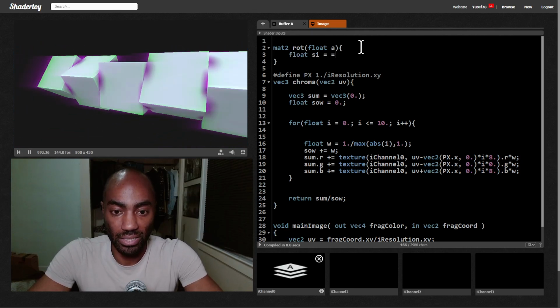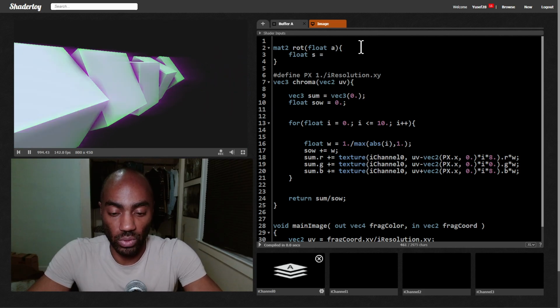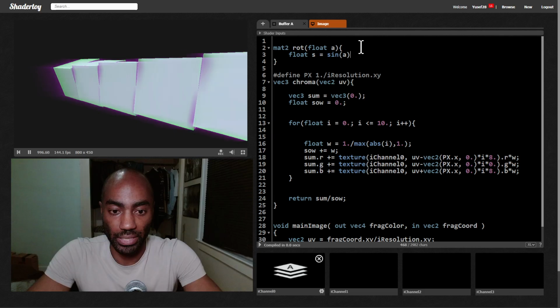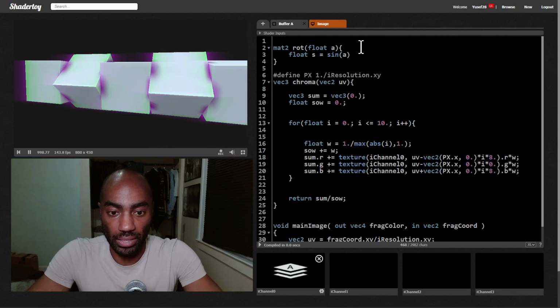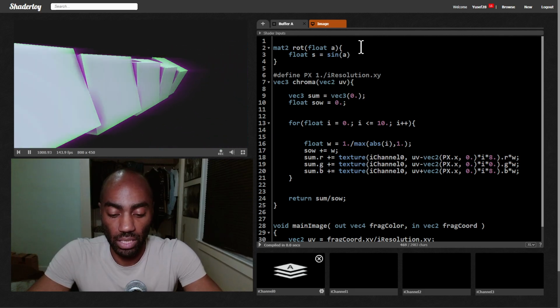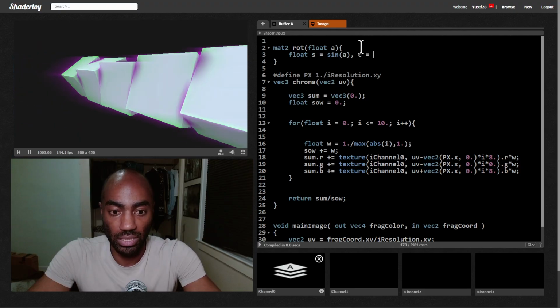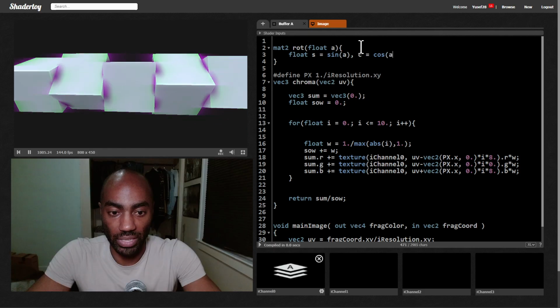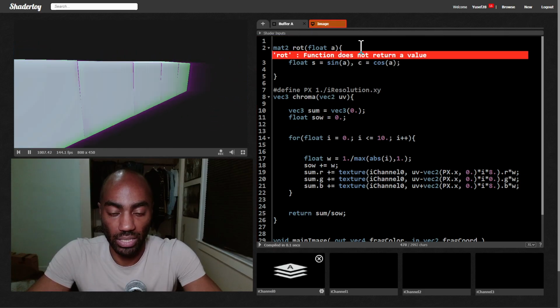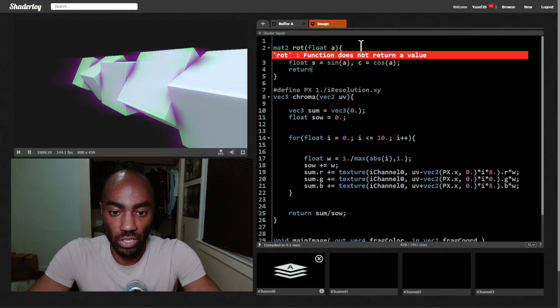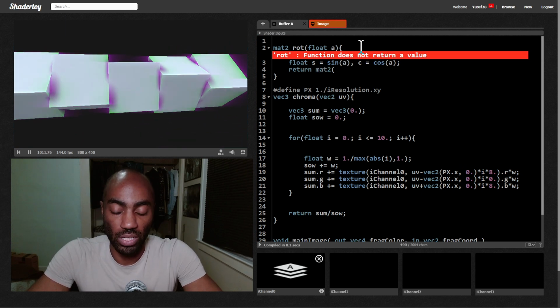So S equals sine of A and C equals cos of A. And then what we're going to return is a matrix 2 that goes,